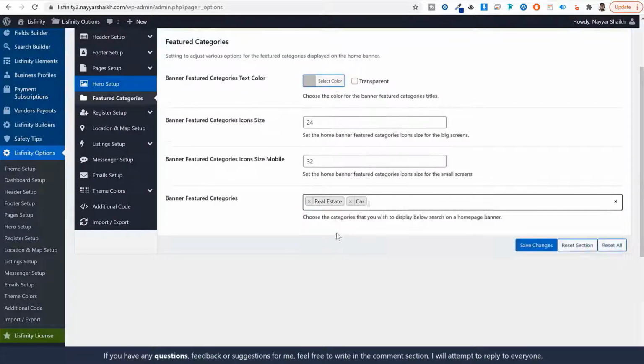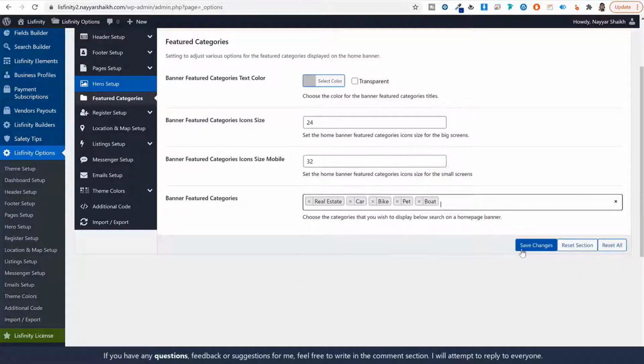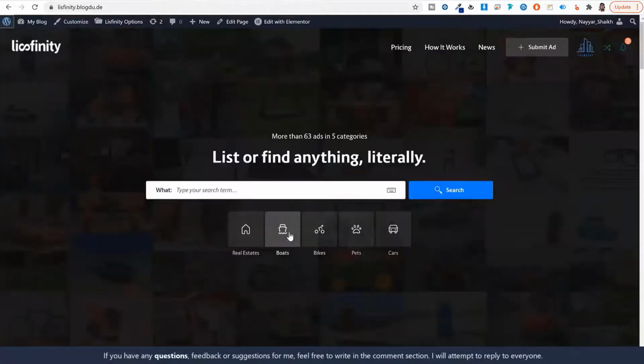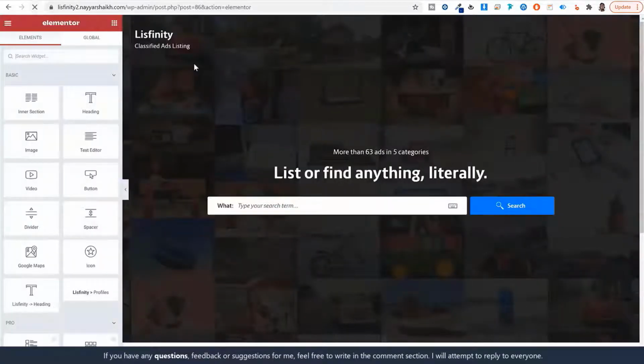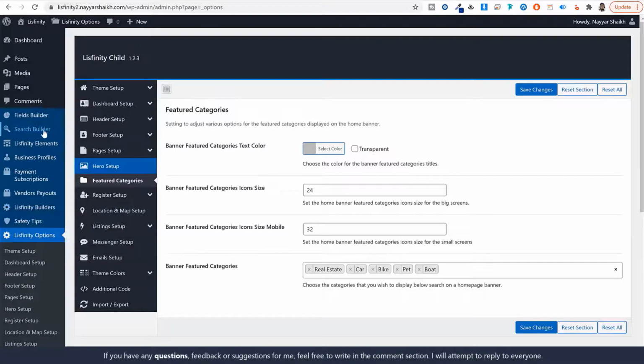So real estate, car, whatever category you want, you can select that. Let me select all these categories, and make sure you have uploaded these icons for that. I think we have uploaded only for cars. Let's see. Click on this refresh button again. So as you can see, it is not working because we have to make sure that under fields builder,